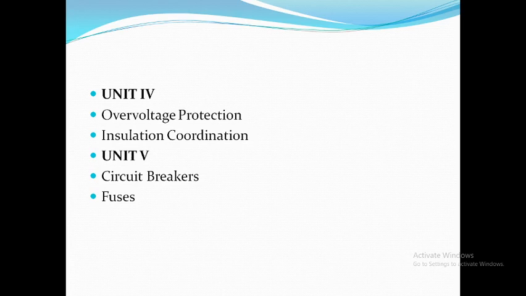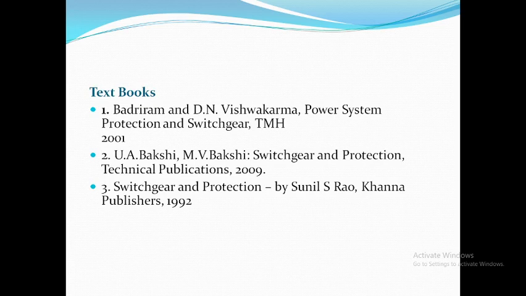In the last unit, that is the 5th unit, we are going to see about circuit breakers and fuses. What are the types of circuit breakers we are using? What is the quenching mechanism used in circuit breakers? What are the types of fuses? The basic relay only senses the fault, but the relay should give the information to the circuit breaker to break the circuit such that we are protecting the remaining power system which is not under fault. So we are going to see about circuit breakers and fuses, and the reference textbooks are Badri Ram and